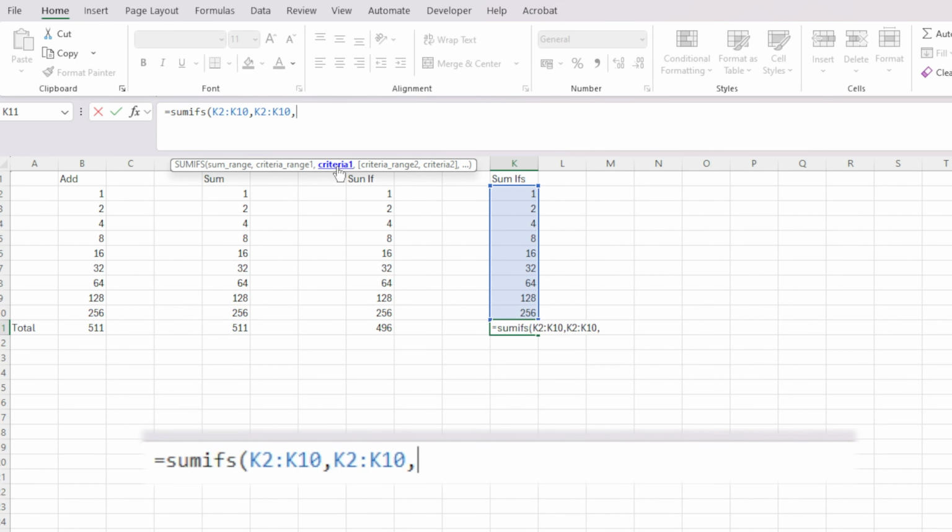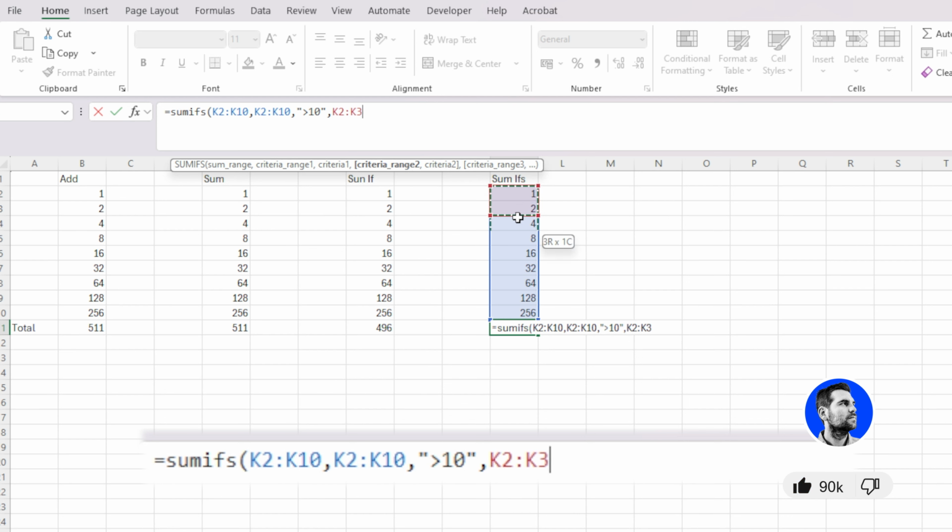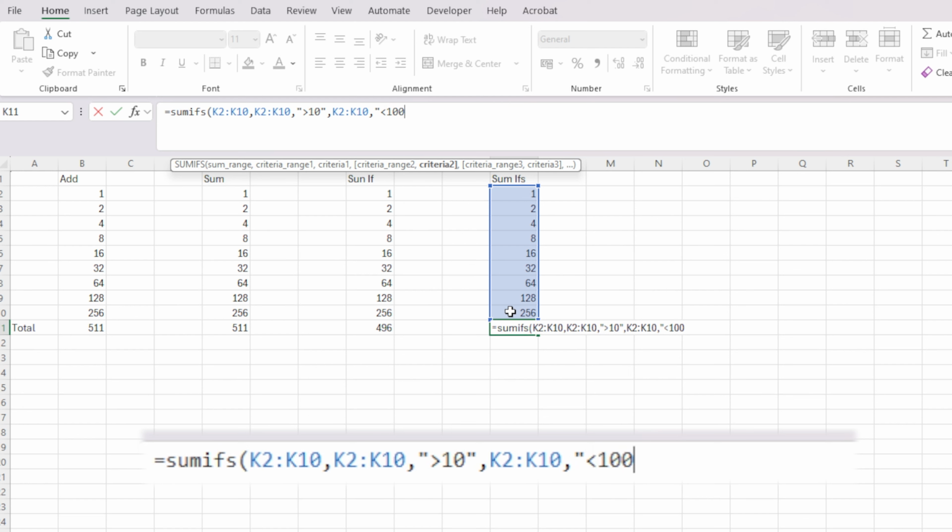Now we have the criteria. I want to summarize things that are greater than 10. So again, I'm going to use the double quotations, greater than 10. Okay, and then I'm going to hit another comma. Now what this is going to do is it's going to open up criteria range 2. Again, I'm going to select the same range that we've already selected before, and I'm going to hit comma. This time the criteria is going to be in quotations less than, I'm going to say 100. Okay, and then we're going to put the quotations in, and then I'm going to close this parentheses off,